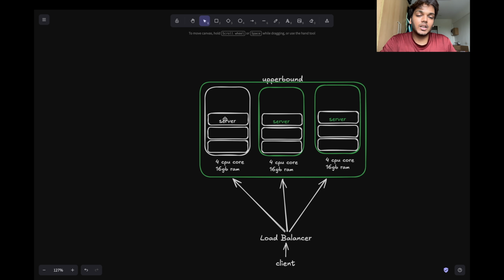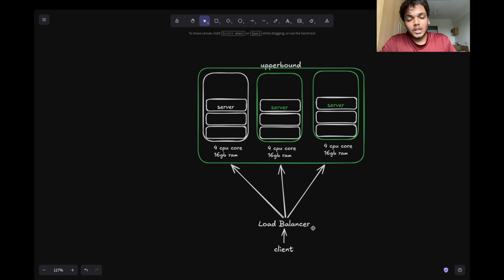For the example it's right now 3, it could be n, any number of machines, and there could be a load balancer. If you don't know about load balancers, we will talk about them in the next video, but there could be a load balancer which would distribute the incoming client requests to all those available servers